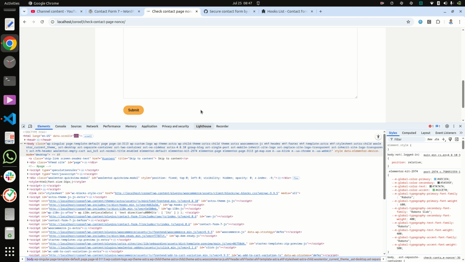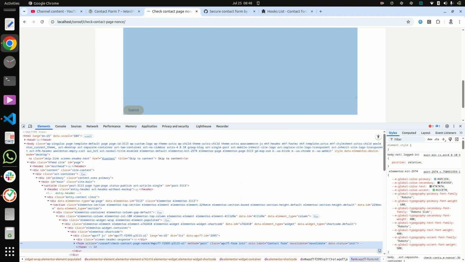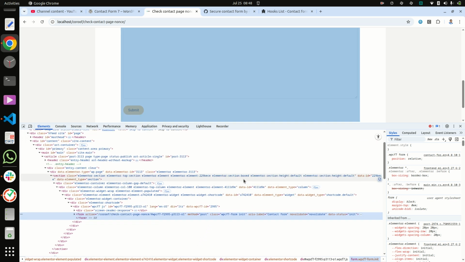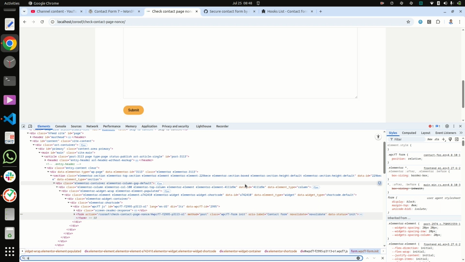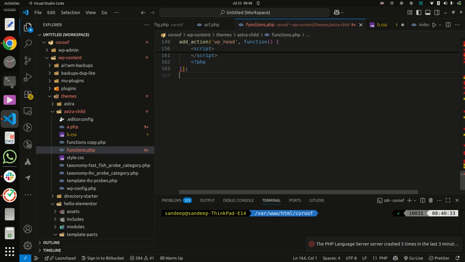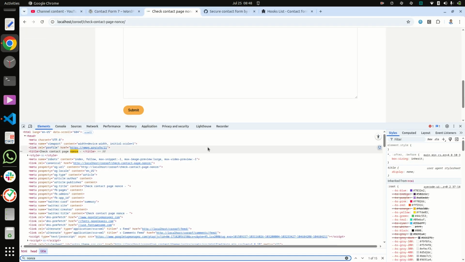Now check here, there is no nonce field directly available. So if anyone submits, then we have to add captcha etc. If you want to add captcha, that is good, but for permanent safety purposes, we should use